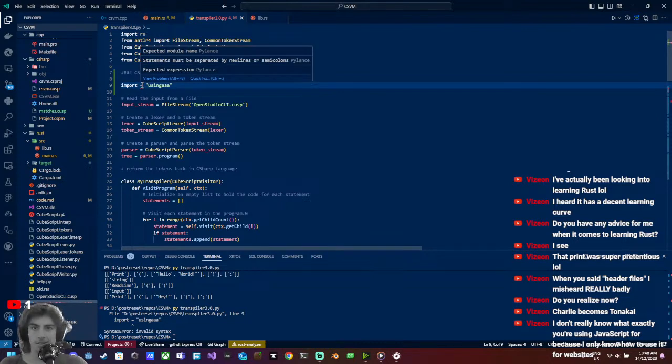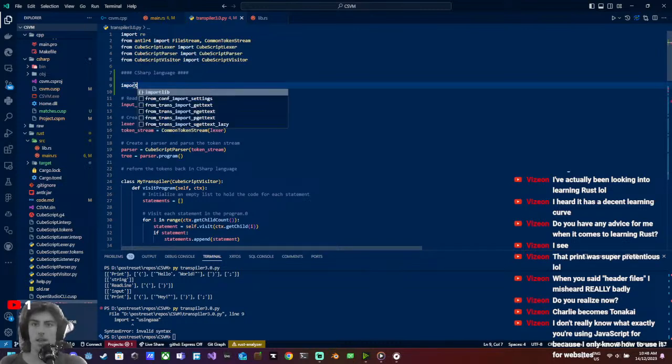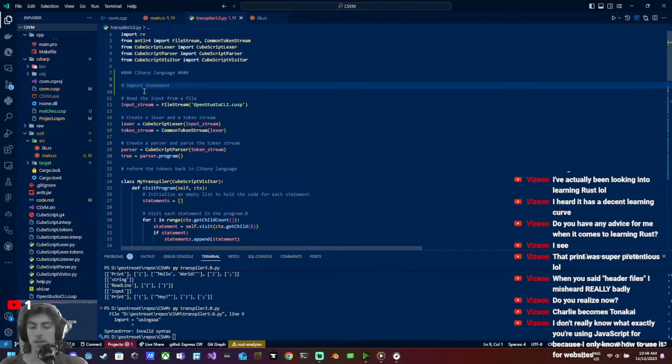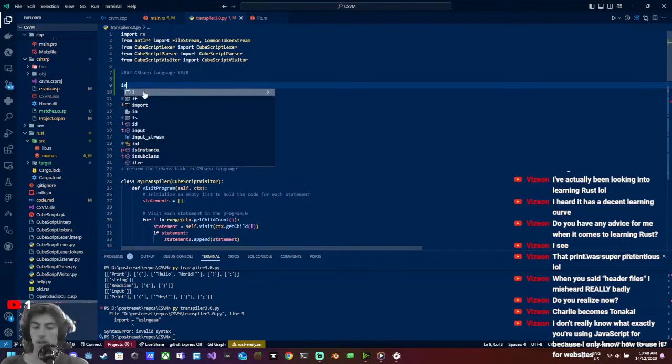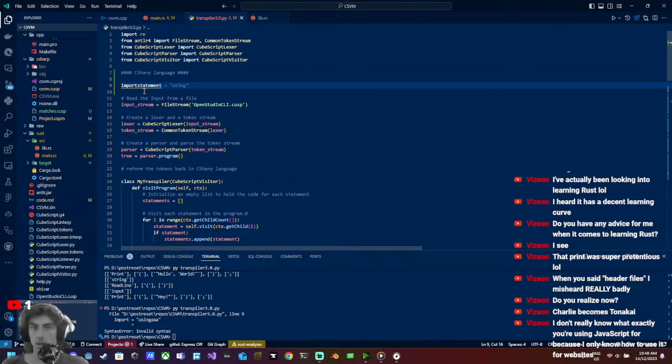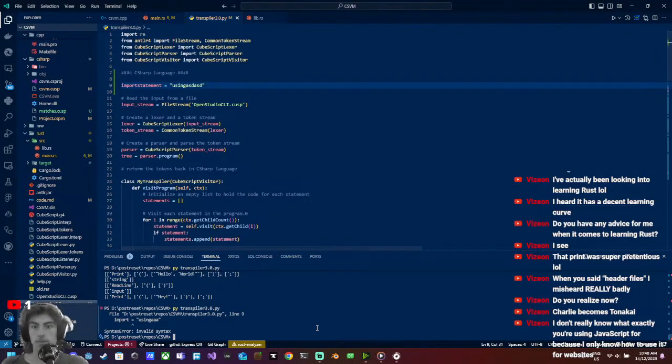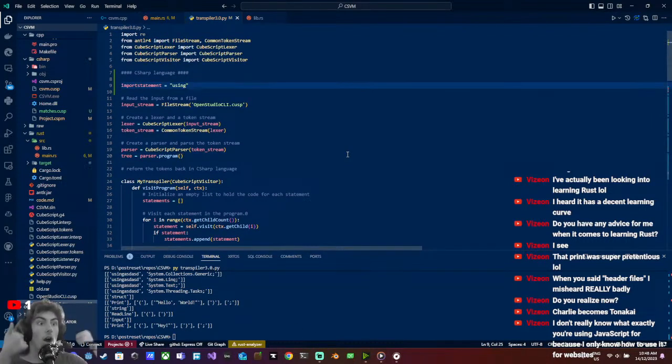What the fuck? This is Python. Statements must be... Oh. Can't use that. Okay. Import statement. So if we come up here and then we just type some random stuff and then we run it. Alright, so